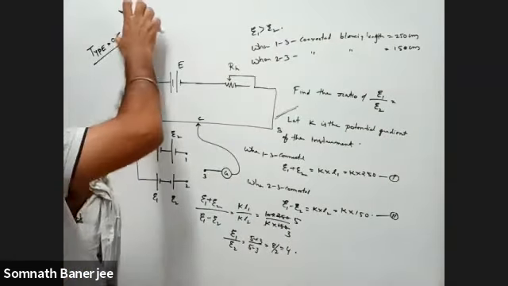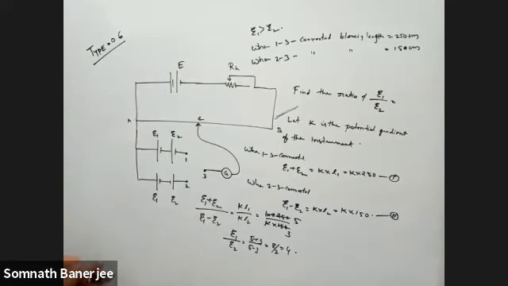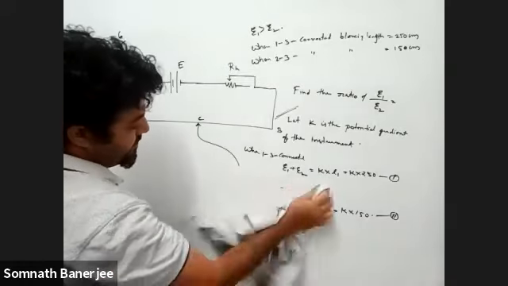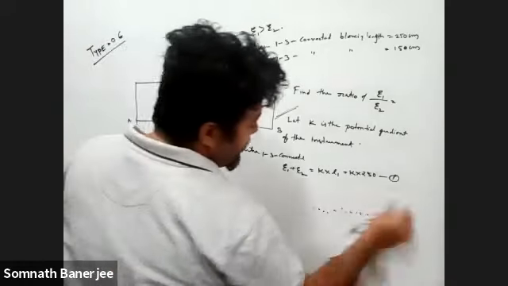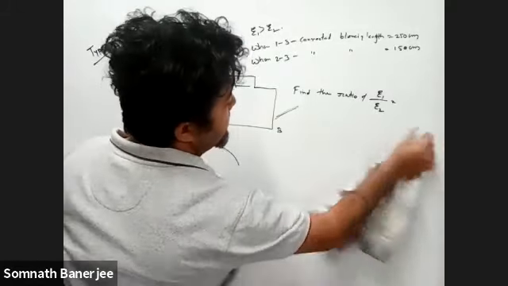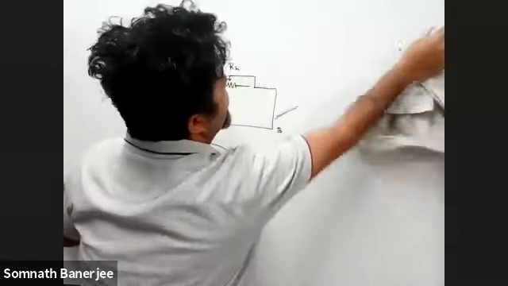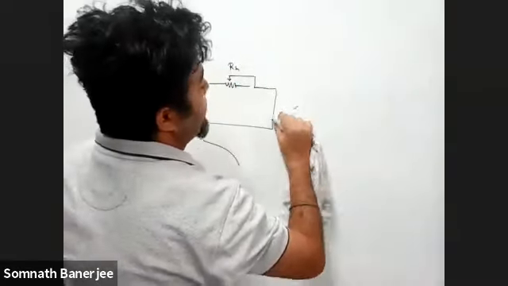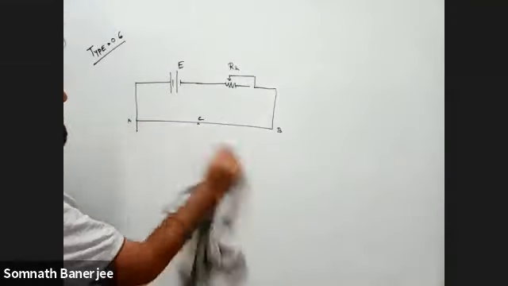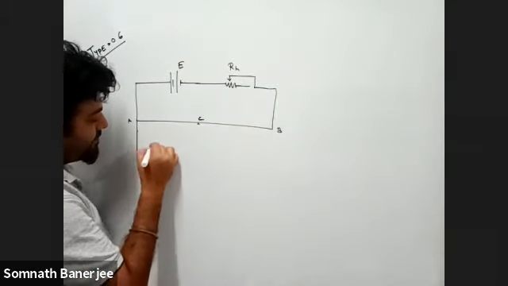So now in type 6, they give you a numerical. So you can see so many types of arrangement are there for potentiometer, and these are all very, very important for board as well as for entrance exams. So in the next one, they can give you in that manner that